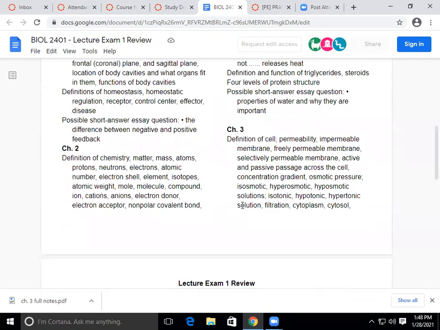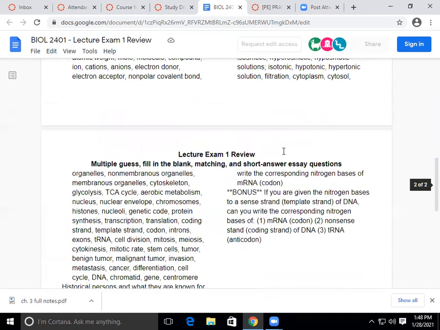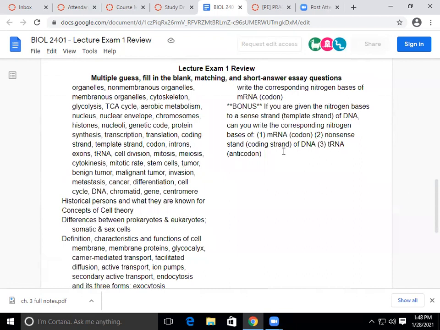So we're getting ready to start chapter 3 today. So, talking a lot about cells and permeability, osmosis, solutions, organelles in the cell, parts of the cell cycle, mitosis, meiosis, DNA, RNA, transcription and translation, protein synthesis, the genetic code, historical persons and what they're known for, concepts of cell theory, differences between prokaryotes and eukaryotes, somatic and sex cells,